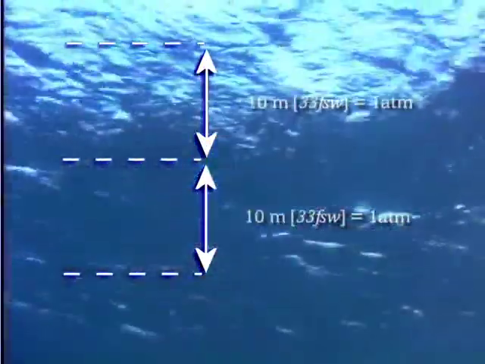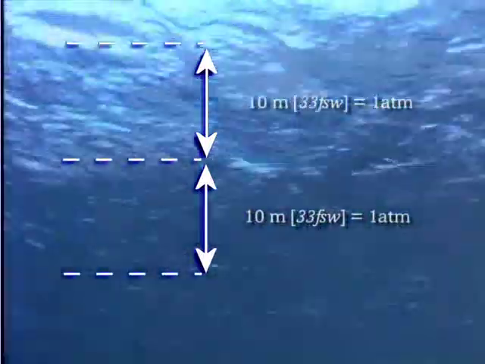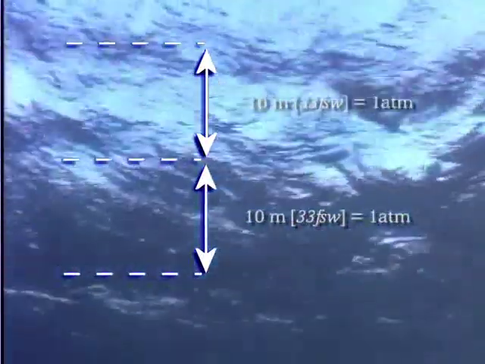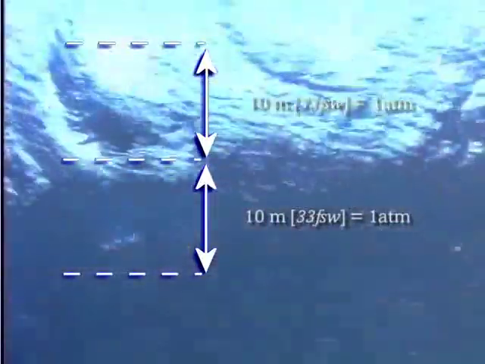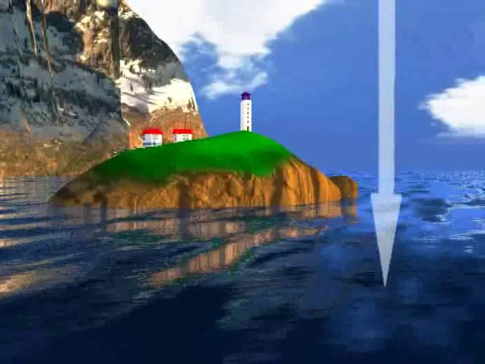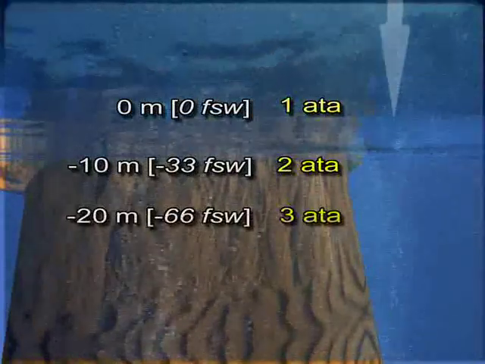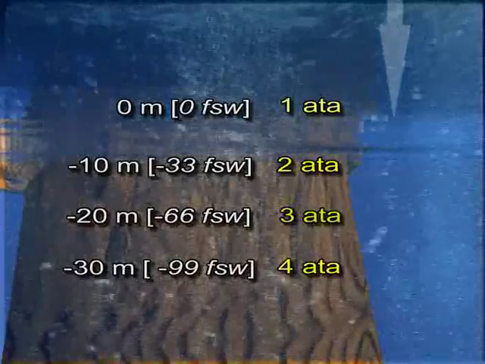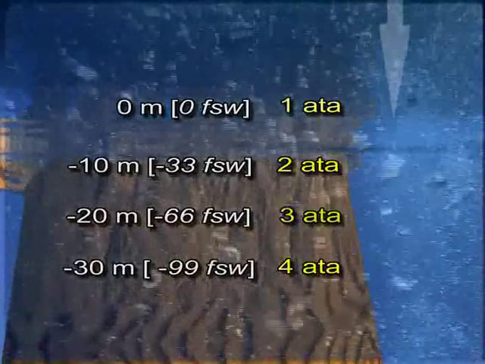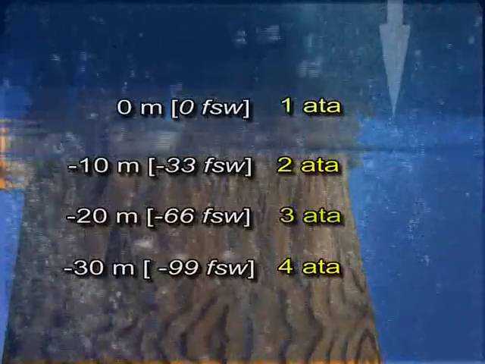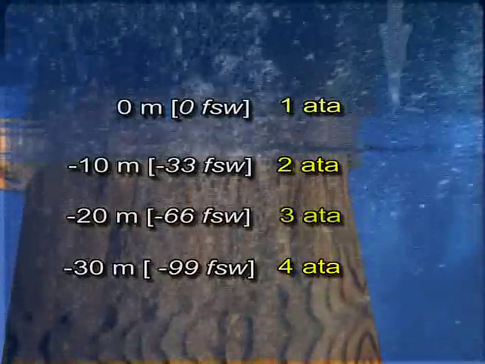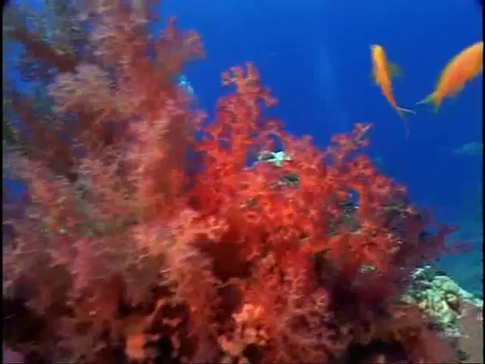As divers, we are interested in the total pressure we are being subjected to. Therefore, we use the term absolute pressure, which is the sum of the hydrostatic and atmospheric pressures. In this way, we take into account both the column of water above us as well as the column of air exerting a force on the Earth's surface. So it's easier to see that on the surface we have a pressure of 1 atm. The final A means that we are referring to absolute pressure. While, as we descend beneath the surface, the pressure increases progressively. At 10 meters, 33 feet of salt water, the pressure is already 2 atm. At 20 meters, 66 feet, it is 3 atm, and so on.